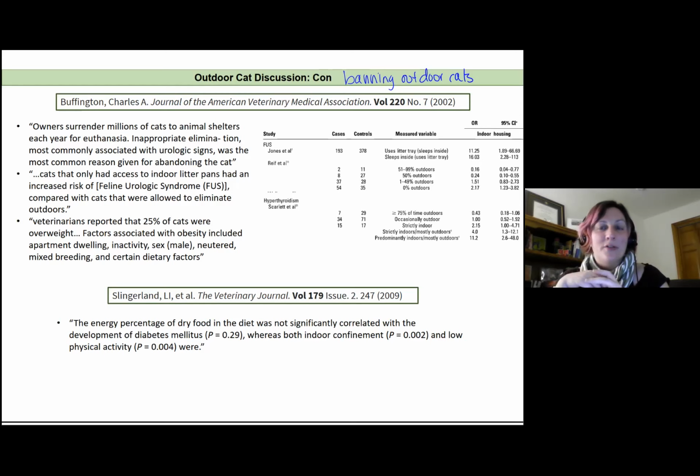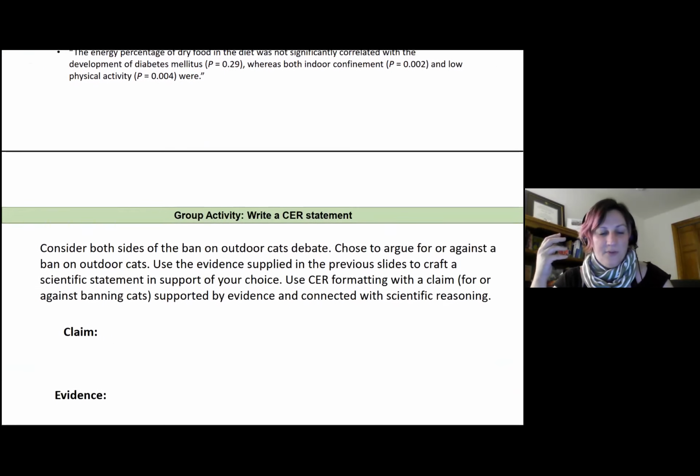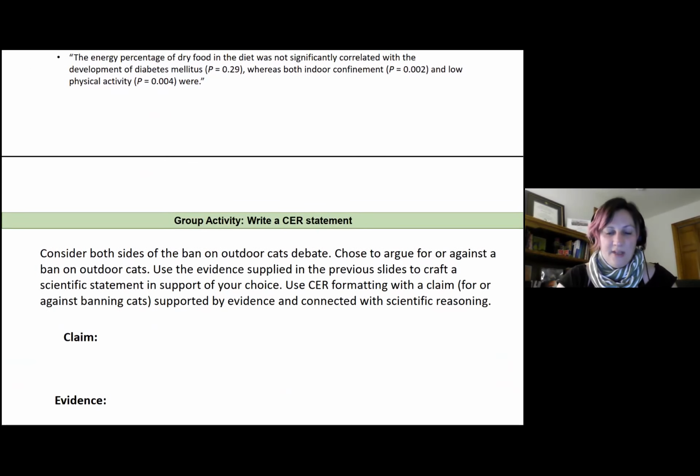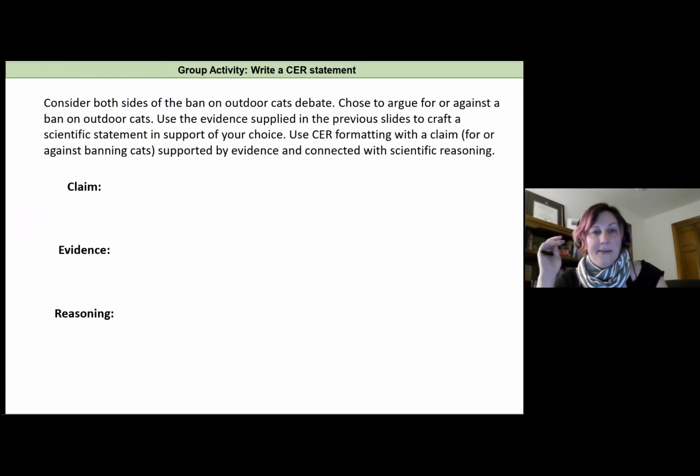Now, you may have noticed from the pictures that Khat Drogo is a free-ranging indoor cat and also obese. So, you know, anyway, it's anecdotal evidence there. So use these two sets of information, whichever you prefer. You may consider both sides of the argument. And then I would like you to argue either for or against banning outdoor cats, and structure your argument as claim, evidence, reasoning. It might help to separate them out, each piece, and then put it together into a paragraph that would be just structured like any paragraph you would write in an essay. So separate them and then put it together into one statement.